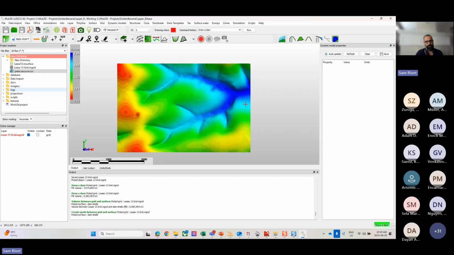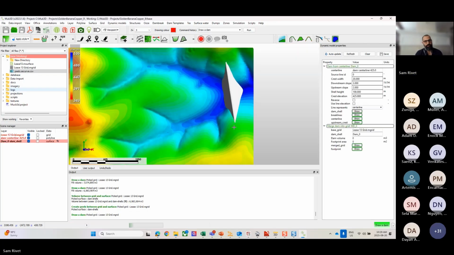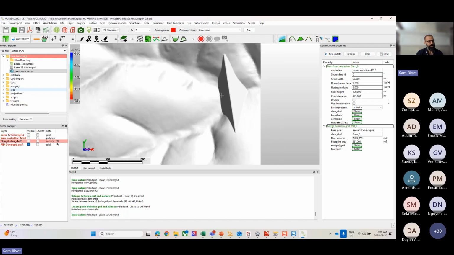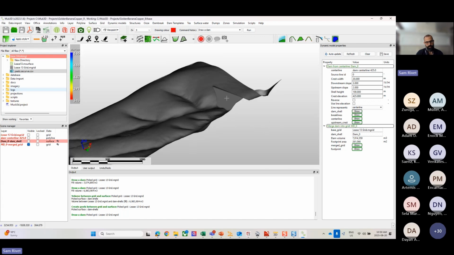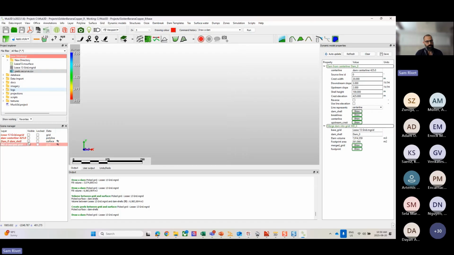I select my base grid. And I'm going to draw this across here. Okay, so it's created new layers. Namely, let's take a look at them. I'm going to turn off the visibility of my original grid because it's created a new grid, a merged grid. So it's taken that structure that we've built, that shell, it's clipped it, and it's merged it into the topography. It's also created the center line that we drew, the unclipped shell itself,